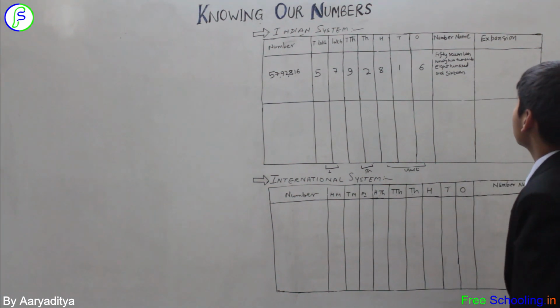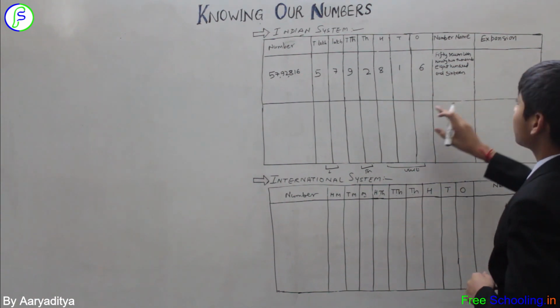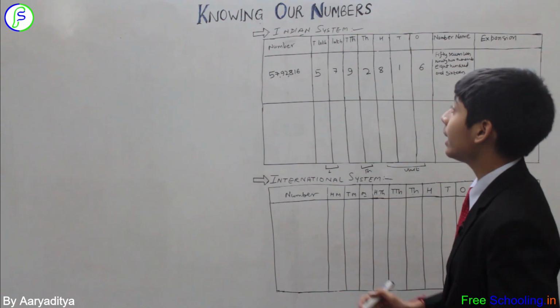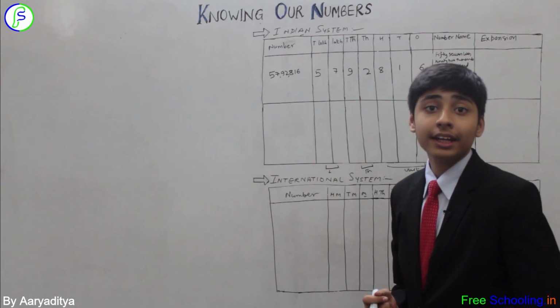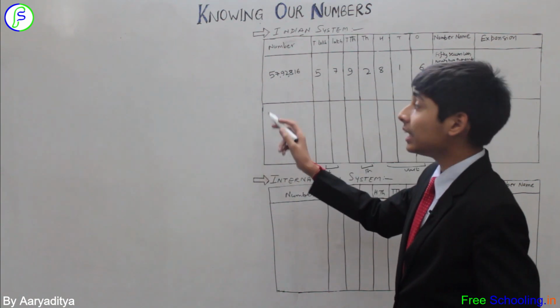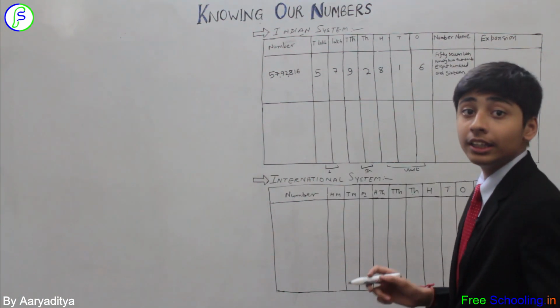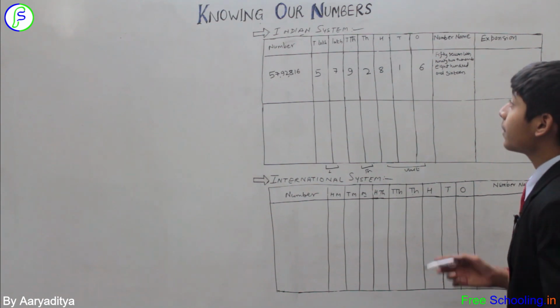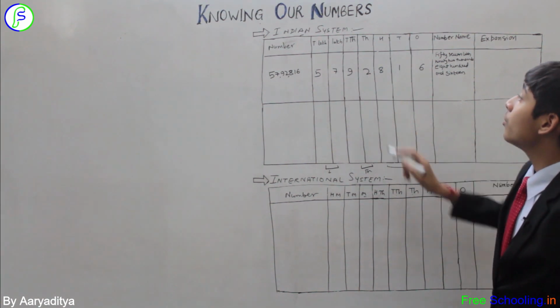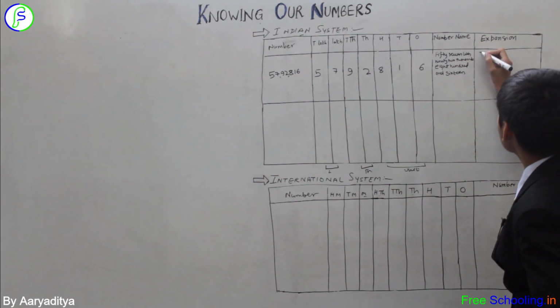Now let's talk about the expansion of this number. I have told you how to expand a number. First, we need to see the place value of the digit and then expand the place value, and then add the expanded place value of each digit. That is called the real expansion of the number. So let's get started. For 5, 50 lakh, how do we expand it? We just know 5 into 10 lakh.